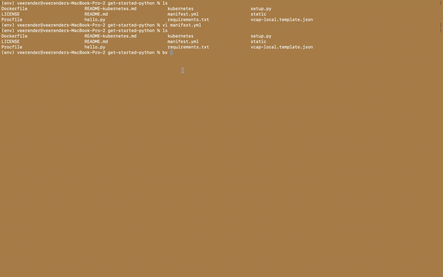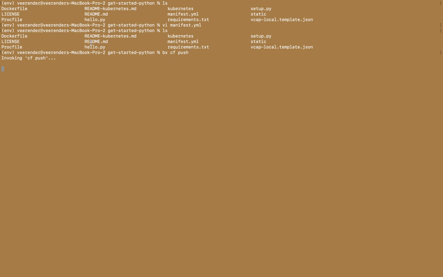When you do a bx cf push, it will check for a manifest YAML file, and it will start pushing all the resource files and source files onto the IBM Cloud. Which runtime it picks is based on the source extension, like .py, so it will pick up the Python runtime automatically. Let us go ahead and run this.